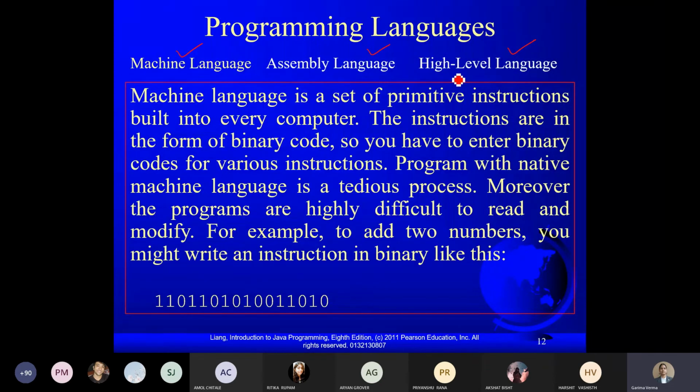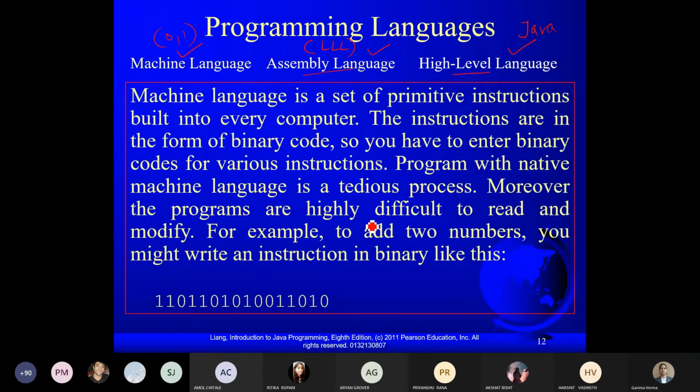Fine. So high level language is near to the English language. Java is a high level language. Assembly language is near to the CPU. When you are working directly with the CPU through the program, then the language is called assembly language. It is also called embedded language or low level language. Fine. And the machine language is in the form of 0 and 1 on which your computer works. So whatever language you are using, whether high level language or low level language, you have to convert this language into the machine level language. Fine.